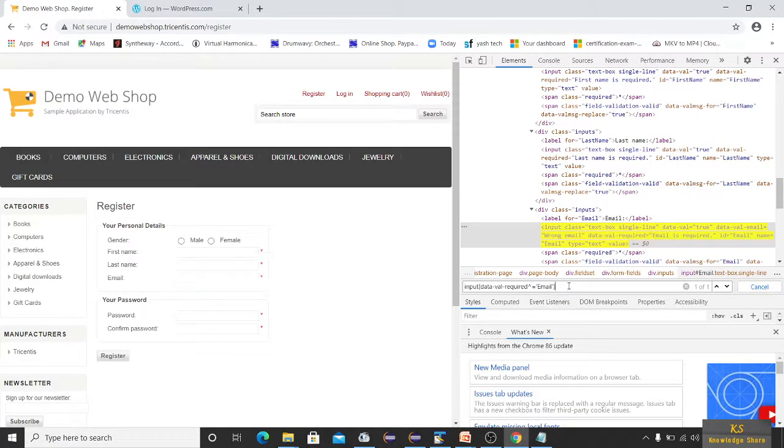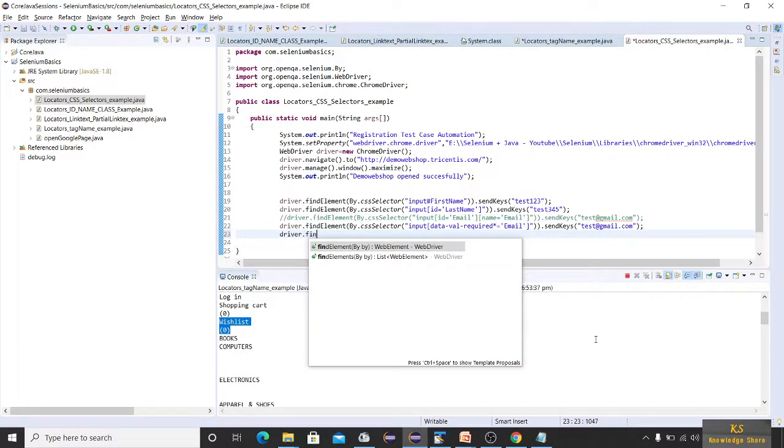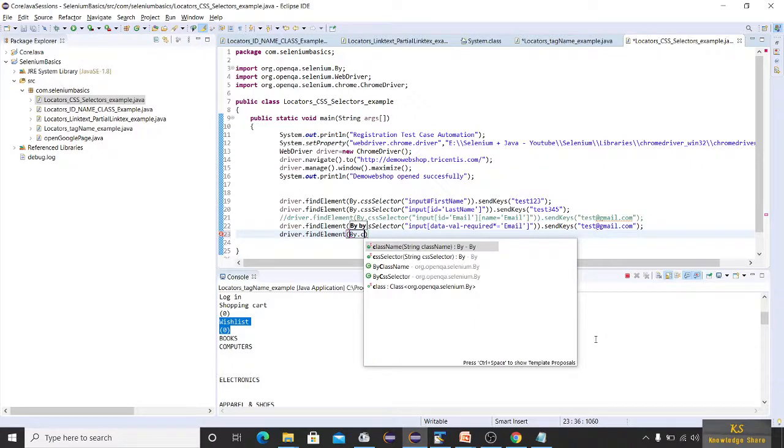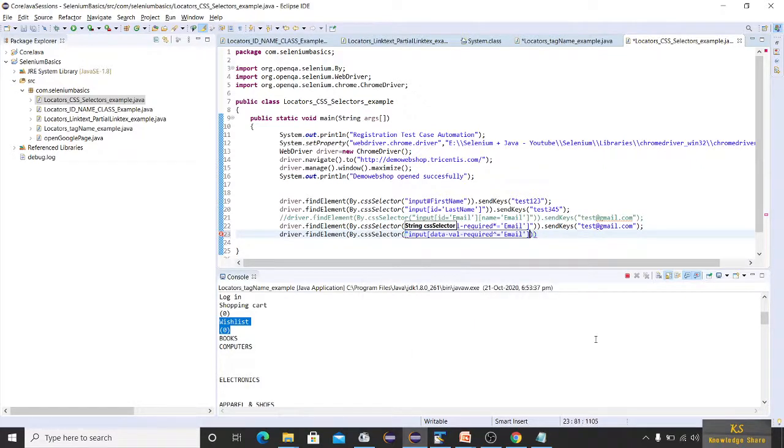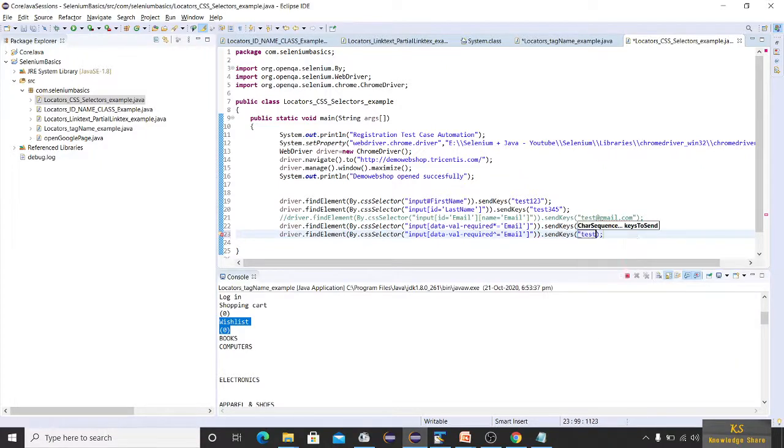You can see I just replaced it with caret. How many elements did I find? Only one, because this is the only element whose data-value-required starts with the email keyword, right? So I'll take this and give it here so that you have it as an example to use. By.cssSelector, .sendKeys("test@gmail.com"). Okay, let me comment this, or let me write it here,